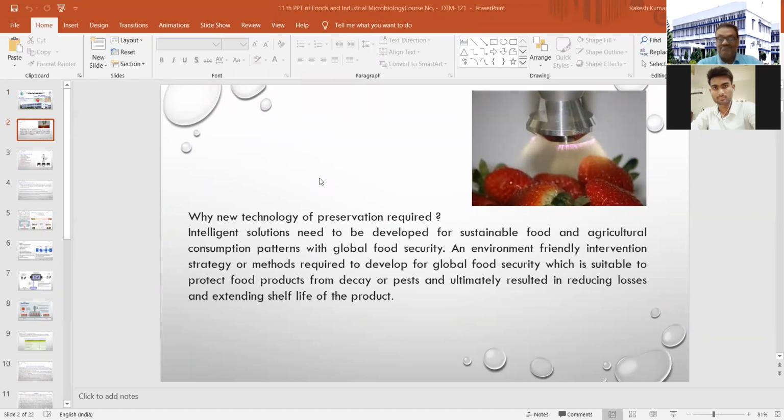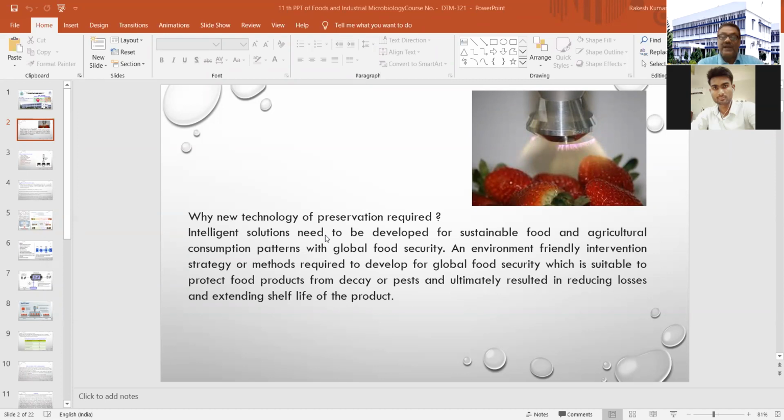You all know that there is dramatic development in food science and technology. Every day you can see a newer kind of food formulation in your nearby market. And automatically, the methods used for preserving those food formulations are different as per the nature, quality, and type of those food items. So an environment-friendly intervention strategy or method required for global food security is very important,